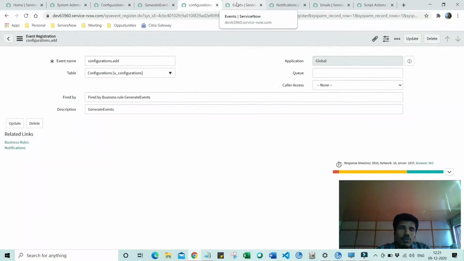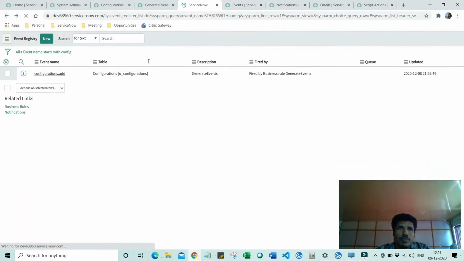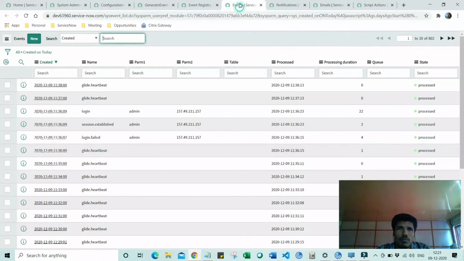We will check how that is being done. So that's more or less about the event registry record. Let's get into the event logs now.